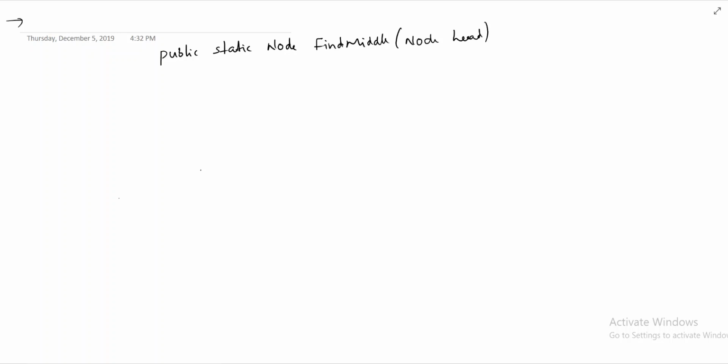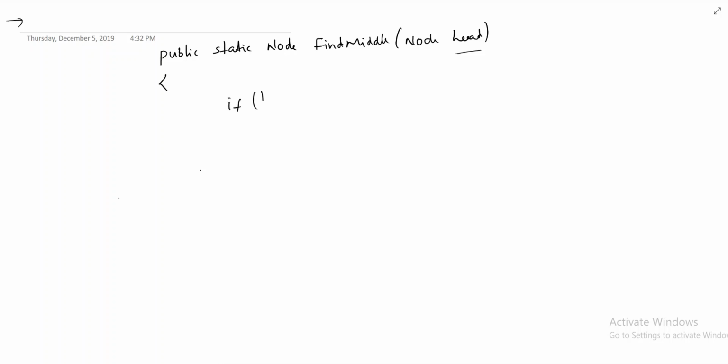Okay. We need to have two pointers. So even before we assign the 2 pointers, we need to check whether this head contains any value or not, or this head has only one. If the list is null, empty, or the list contains only one element, then we don't have to go through the whole algorithm. We can just return a simple null or that particular head. So we'll do that